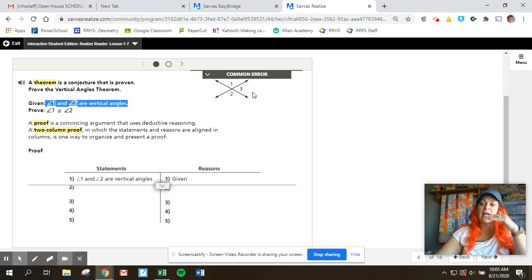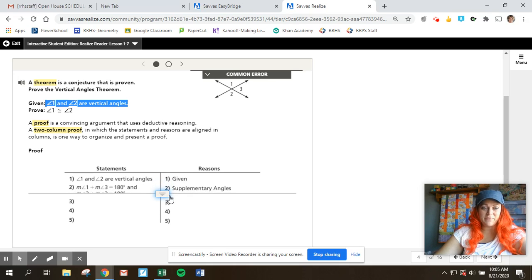Look at the visual, and after any given, say, okay, well, what else do I know? Well, I do know that angles 1 and 3 together make this straight line. Do you see that? And then 3 and 2 make another straight line over here. So I'm going to see if that's what they did. Yep, it says the measure of angle 1 plus 3 equals 180, because